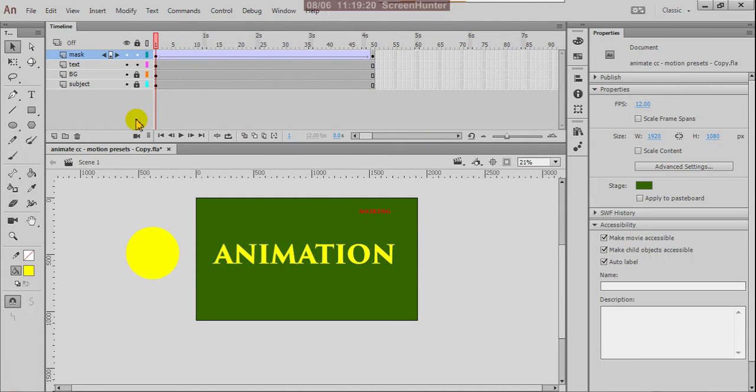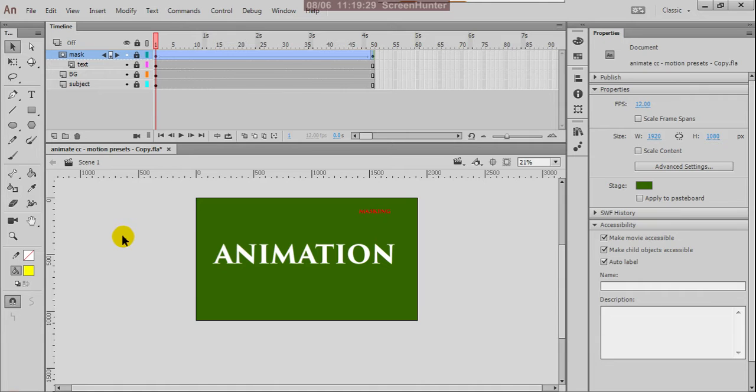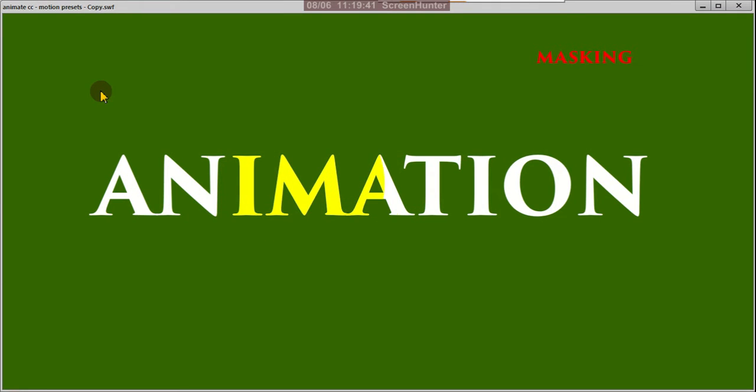For that, select the mask layer, right click and apply the mask. Now the mask has happened over that. Press Control Enter and you see the mask added.